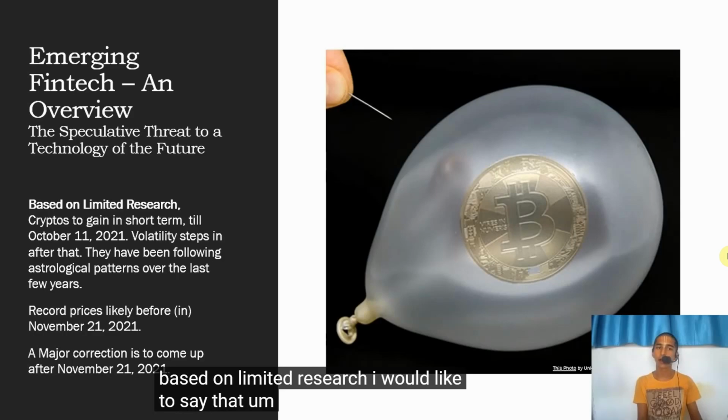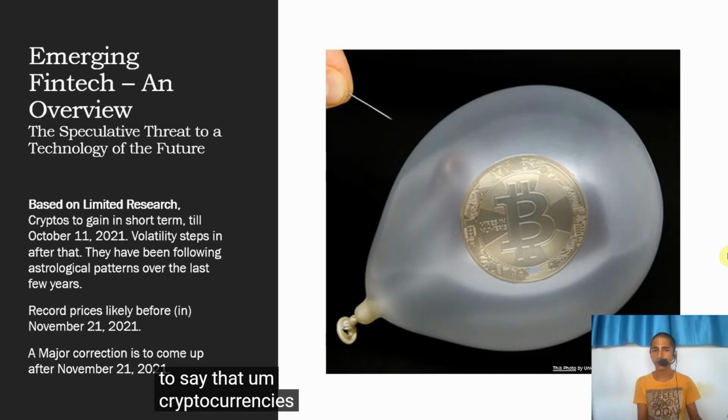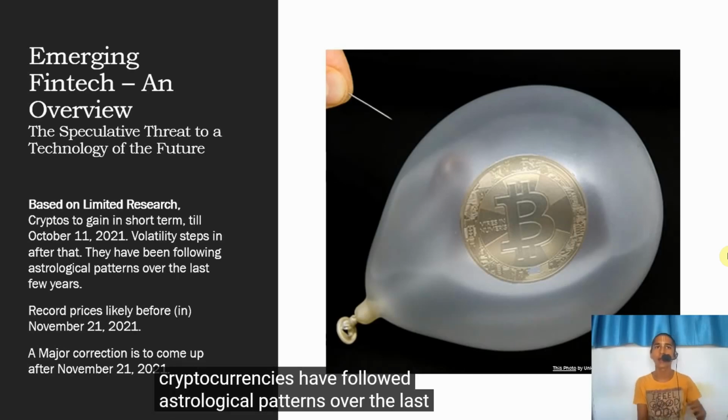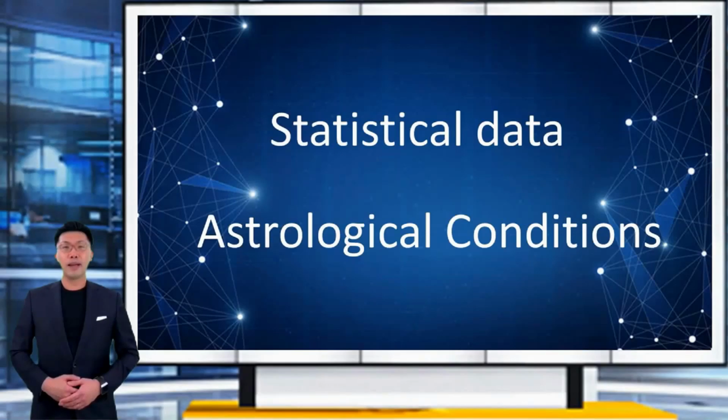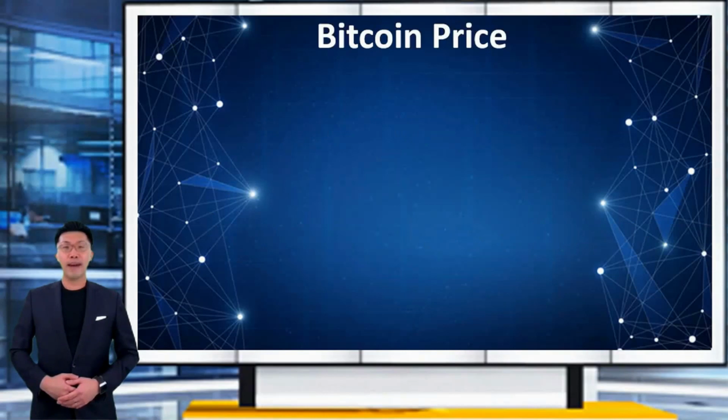He has predicted that a major correction will come after November 21. It already happened on December 4. He also predicted that the market will crash after March or April. So we can conclude based on our statistical data and astrological prediction. As per the S2F model and our exponential formula, the Bitcoin price should be above 128k in December. But it could not happen due to the Black Swan event.